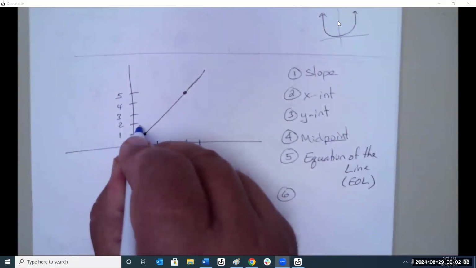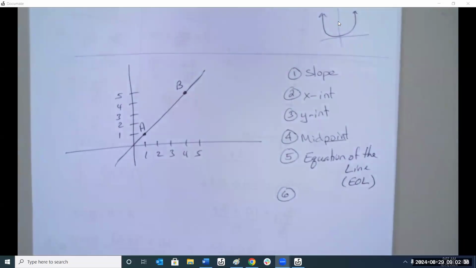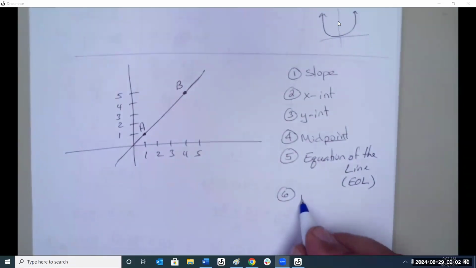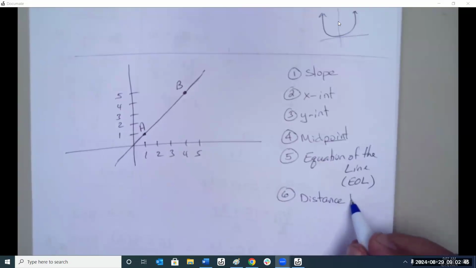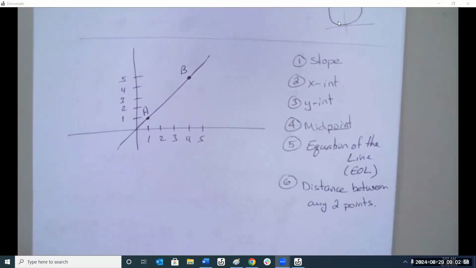This is your first point. This is point A, and this is point B. The distance between any two points. So to find any of this stuff here,